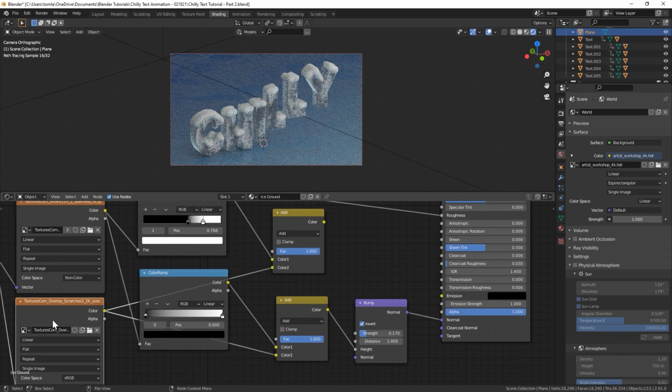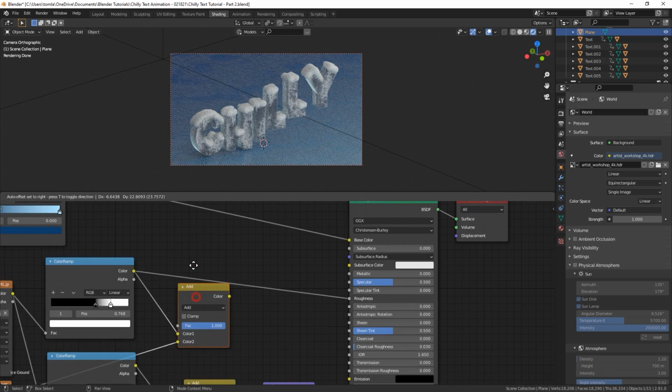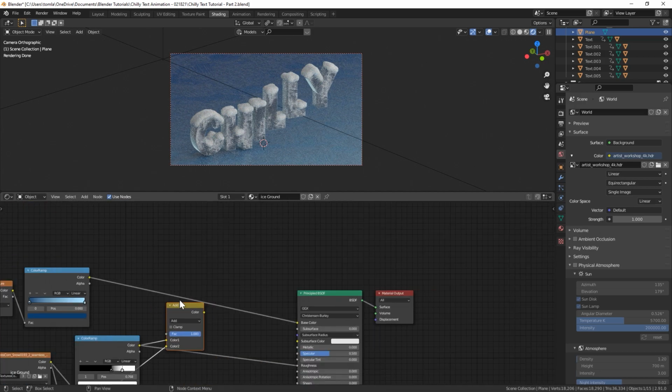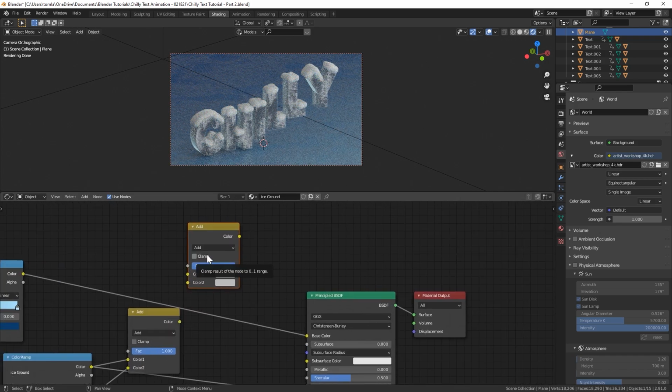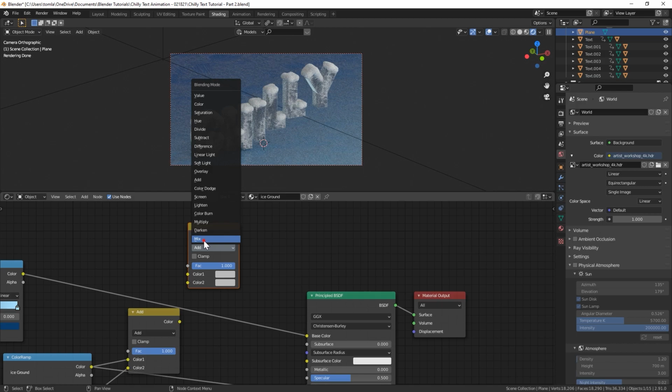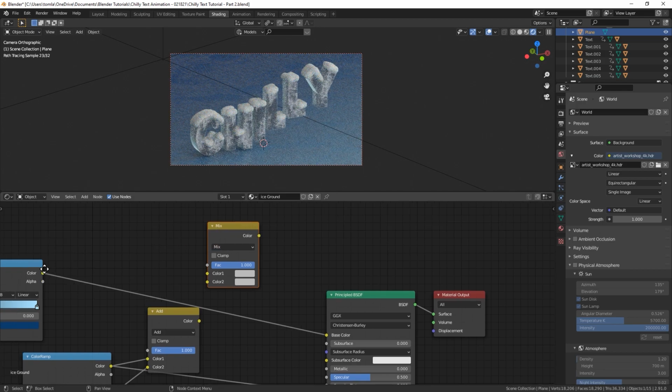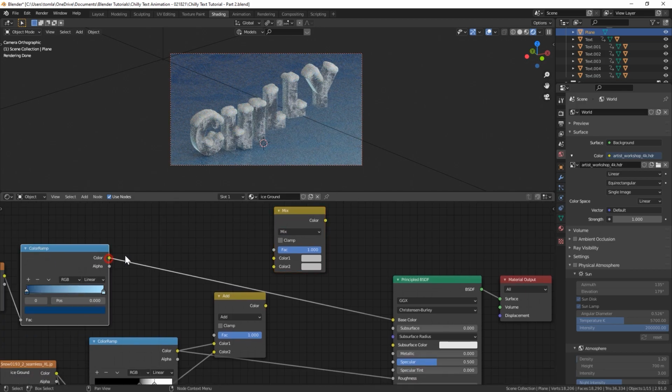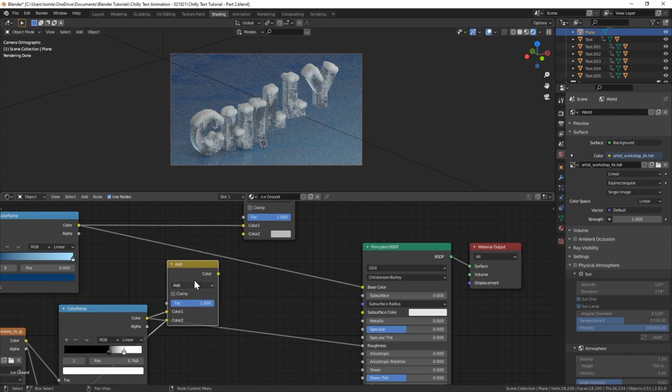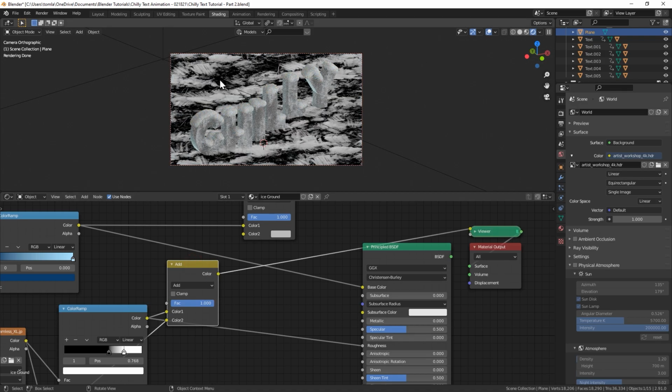So we'll take the scratches texture down here, but we're going to bring that up here so it's a little easier to work with. Now let's duplicate that color mix RGB one more time. Switch this to mix now. The input up here will be the blue color ramp. And then the other one will be the mixed textures from the snow and the scratches.